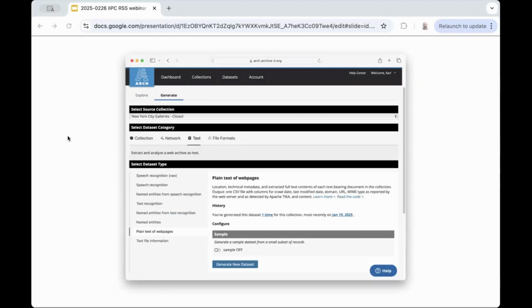Of course, everyone's excited to use the collections as these big text corpora. So we provide the text files and even the extracted text from web pages minus all of the markup as data sets. And under the file formats, that's where we can create data sets for all of the documents in a collection of one or another MIME type or group of them that might fit under something like audio files, video, even PDFs, word processing documents, really, whatever you need. If it has a MIME type, you can do it.